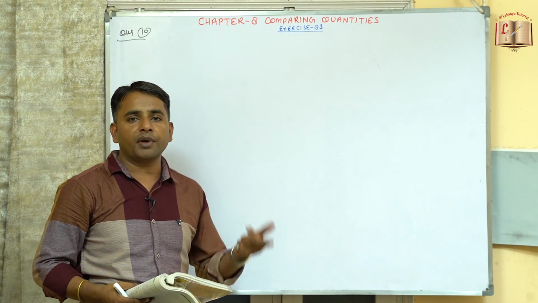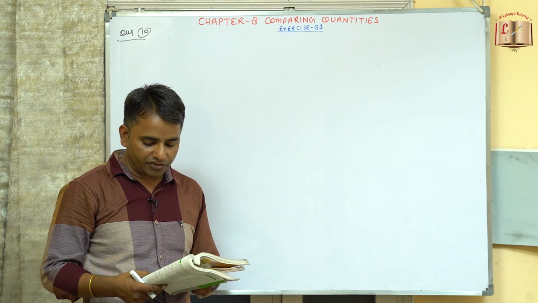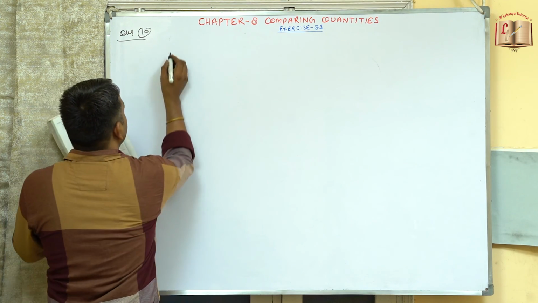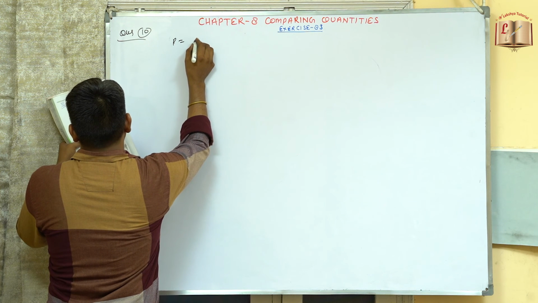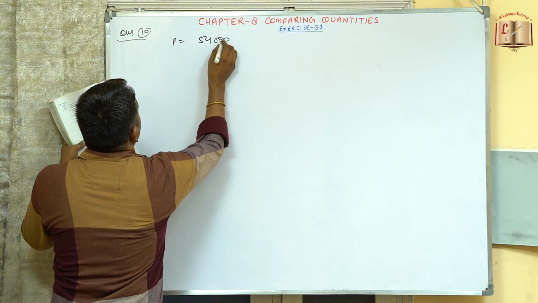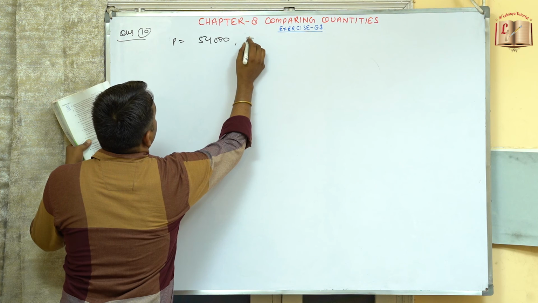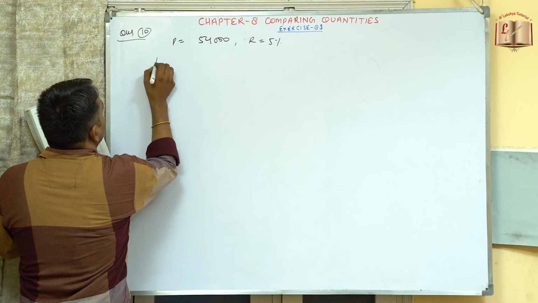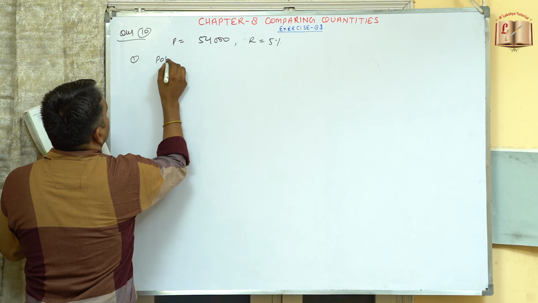अभी यहाँ पे 2 साल पहले की एज को पूछा हुआ है. फर्स्ट केस में 2001 में, तो 2001 में एज क्या होगी, कम होगी, तो विल टेक अप नेगेटिव साइन. Here population is given as 54,000 and this rate is given already. Rate is now 5%. So population of first part,